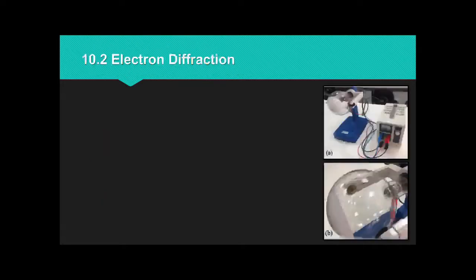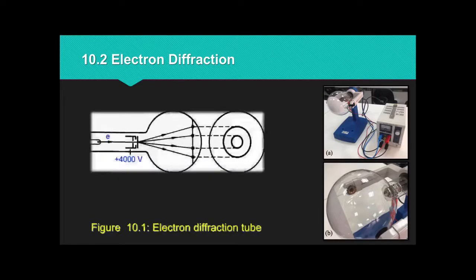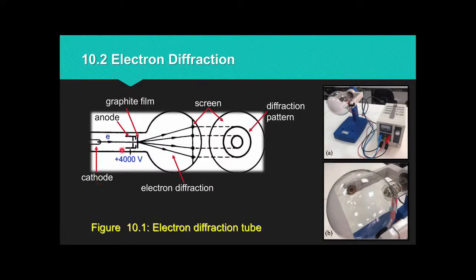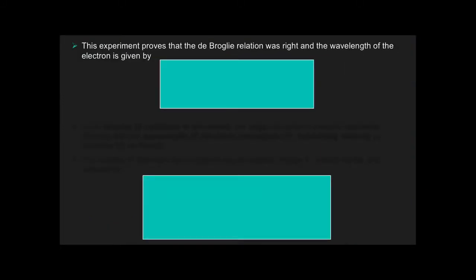So this is the electron diffraction experiment, and this is the setup of the experiment. We can look at the diagram that shows the electron diffraction tube. Electrons will flow from the cathode to the anode, and then go through the electron diffraction, and what we will see on the screen is a diffraction pattern which looks like rings. This experiment actually proves that the de Broglie relation was right, and we can find the wavelength of the electron